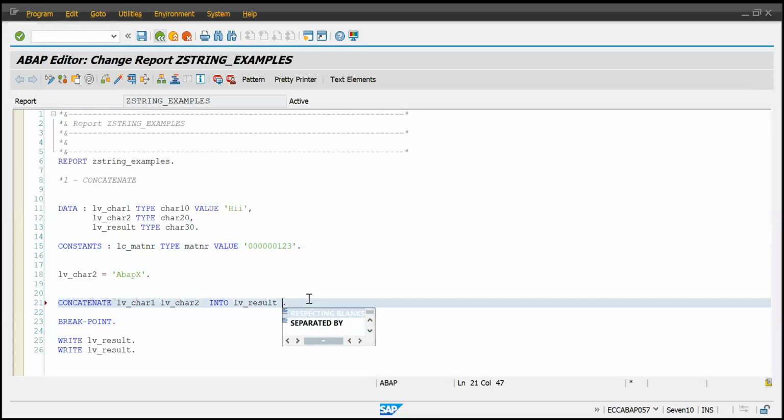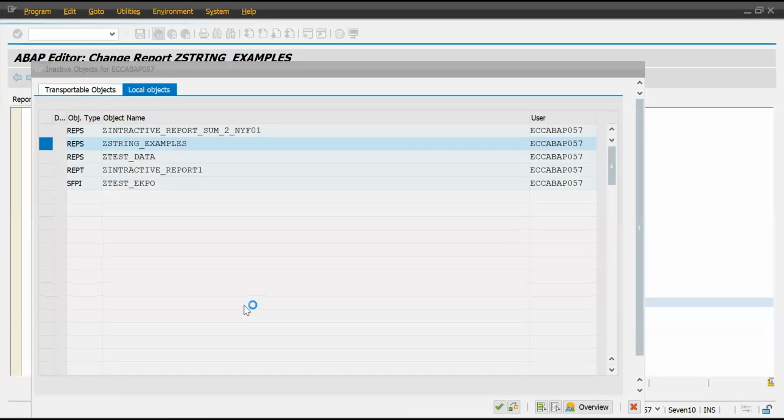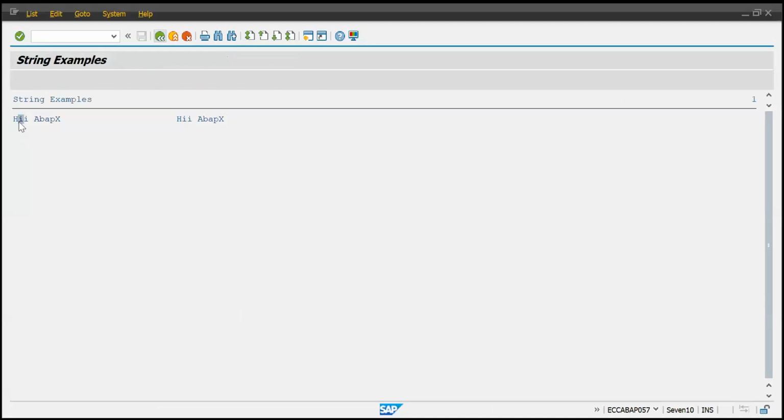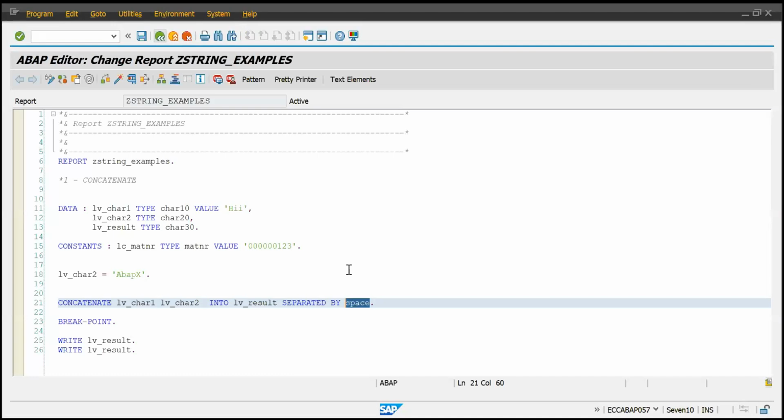There are some options available here after the concatenate. When we are concatenating, we can say separated by space. If you give space, it will give one single space, and now we can see high space ABAPX. So if you want to concatenate two strings, that is also possible. If you want to separate by a special character, we can give single quotes and then that special character. That is also possible. So if I activate it